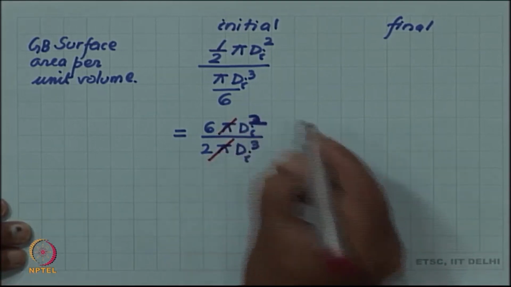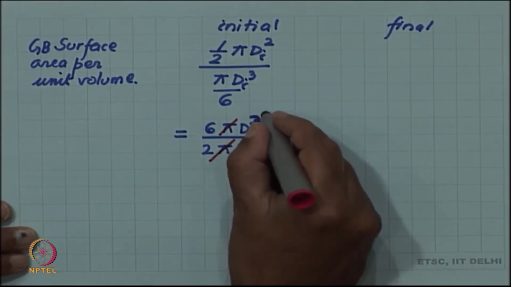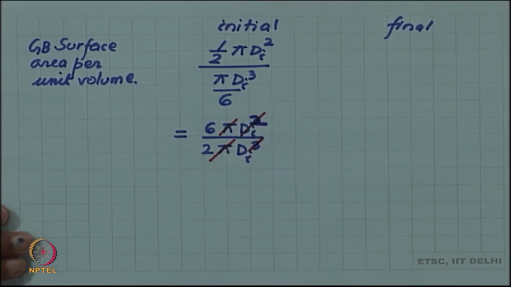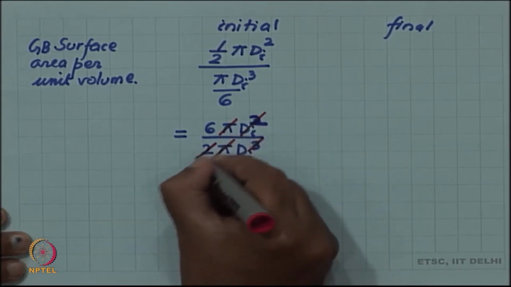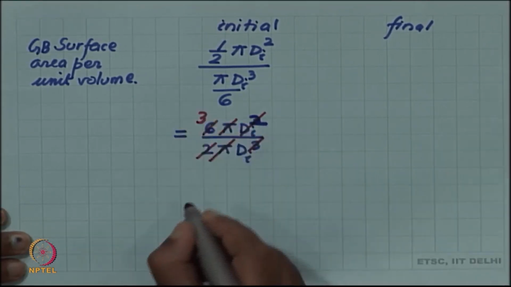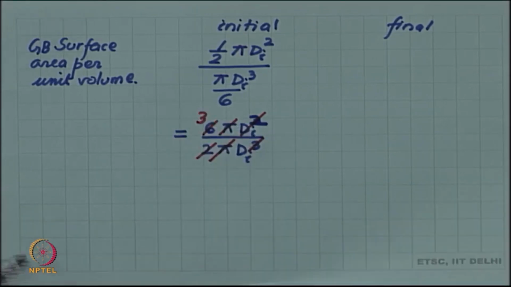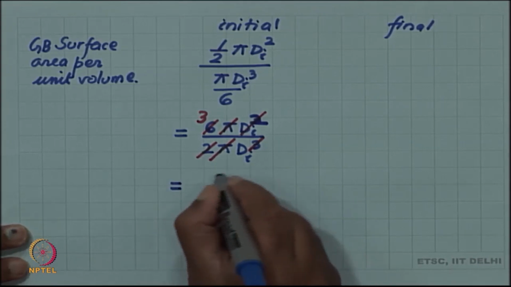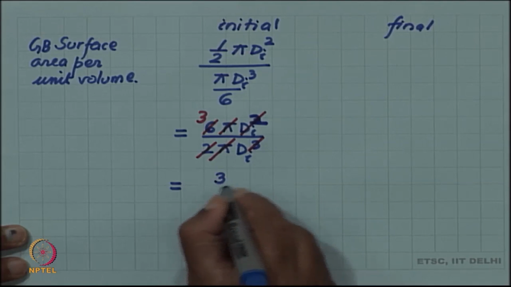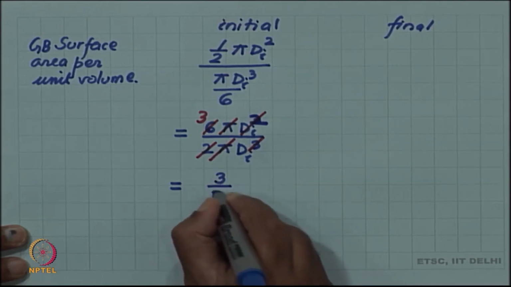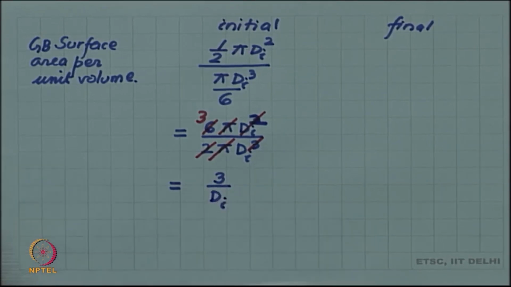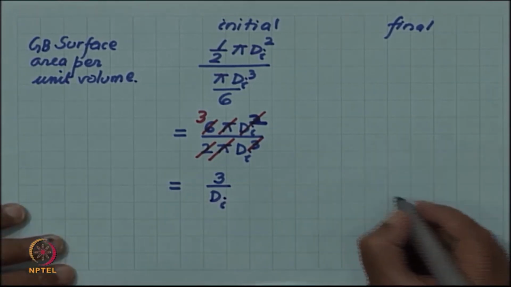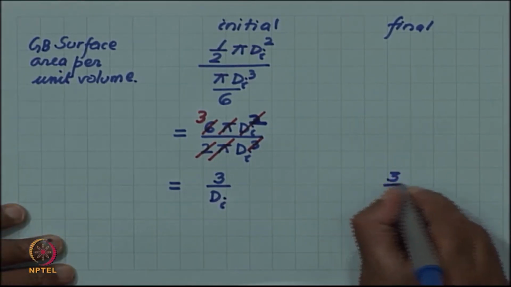If you cancel pi, d square will cancel and you will have 3 here. So, you will get a nice simple formula of 3 by di. Similarly, in the final case you will have 3 by